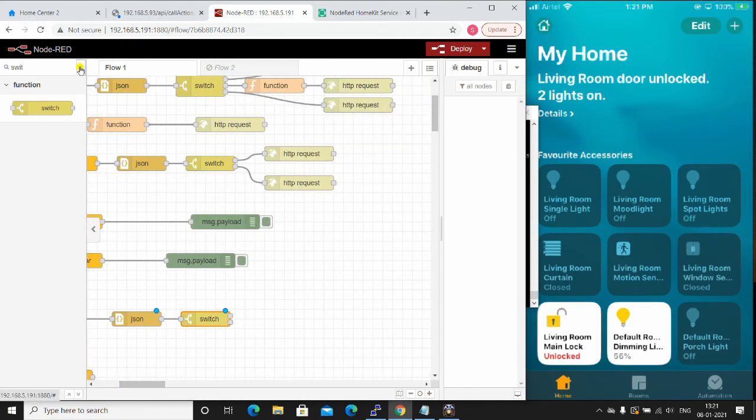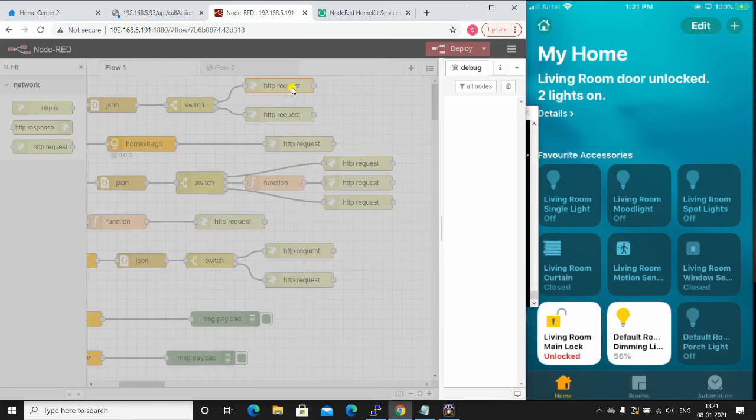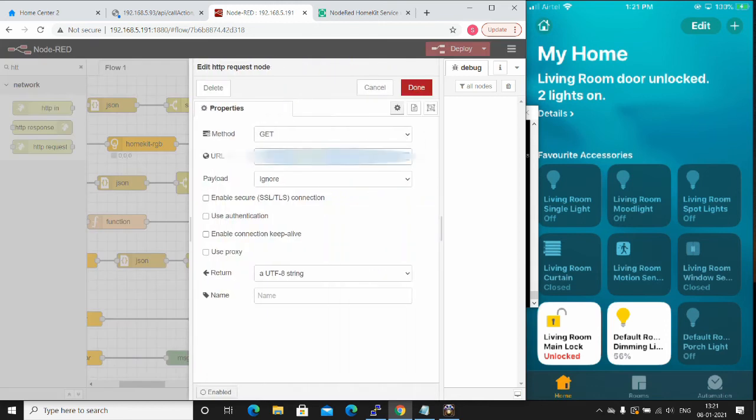And if on is equal to true, I want to send an HTTP request to Fibaro to turn on the light. So I'm going to connect the switch to two HTTP request nodes. The format, I already have it.